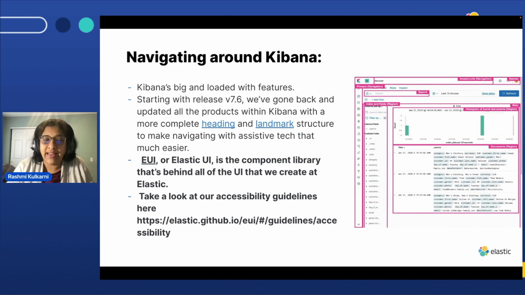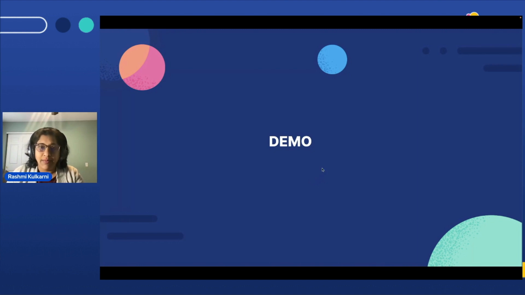For this, we have developed Elastic UI. It's a component library which is the backbone of Kibana. This is a repo where external contributors can also contribute. It has only grown, as I have seen. By using this Elasticsearch UI charting library and the Elastic UI component library, we make sure that it is a consistent experience across Kibana, Elastic Cloud, and any other UI team which is using the Elastic UI component library. Here, I'm going to take you on a little bit of a demo of what I mean by consistent behavior